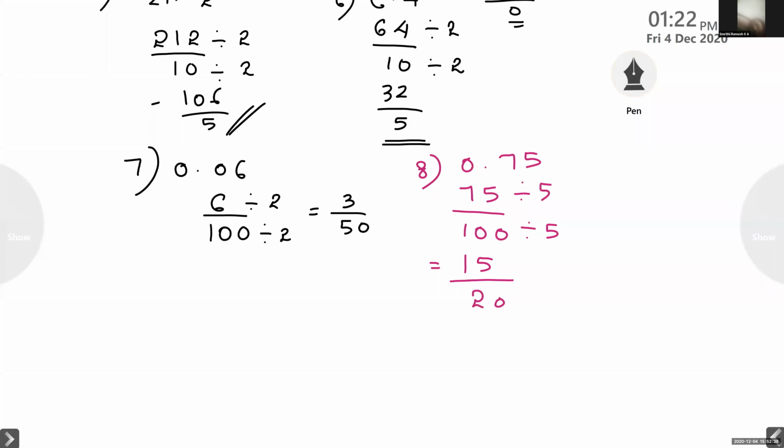Again, there is common factor 5. So within one step you can find. Okay. So it is 3 by 4. And ninth question,